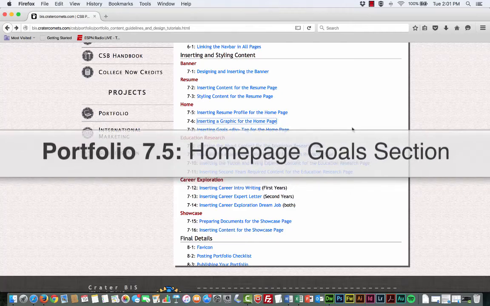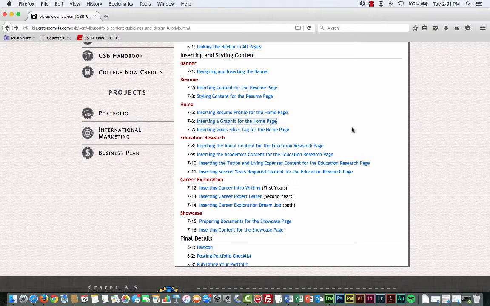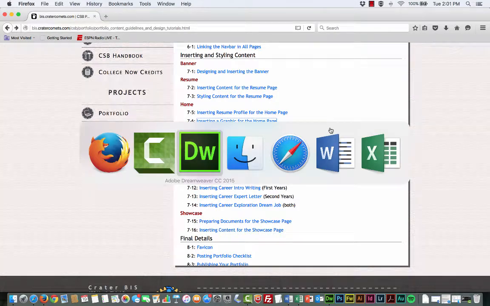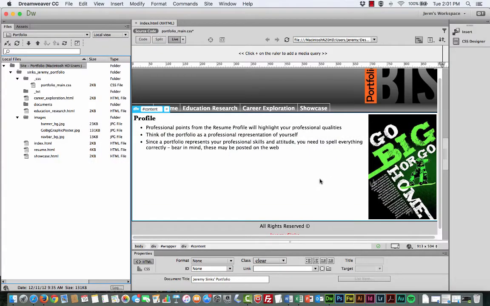Alright, the next section of our tutorial is going to wrap up our home page. In this tutorial we are going to insert the goals section on the home page. So I'm going to toggle over here to our Dreamweaver document, and this is where we left off in our